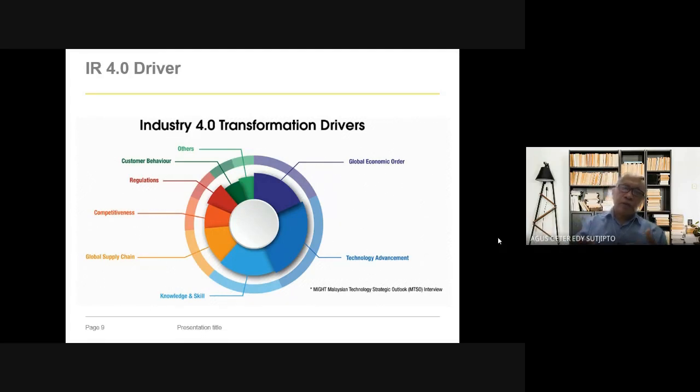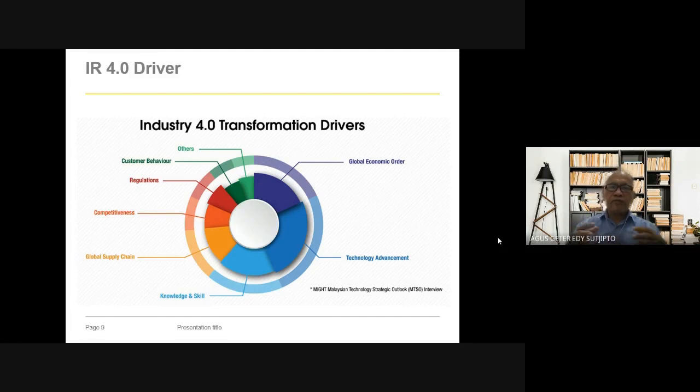So we can fulfill the competitive advantages, especially the responsiveness. For example, responsive to the order, so we can fulfill quickly, based on the order, the time to deliver. So the competitiveness will be transformed.